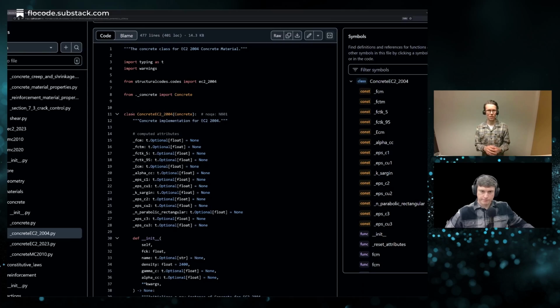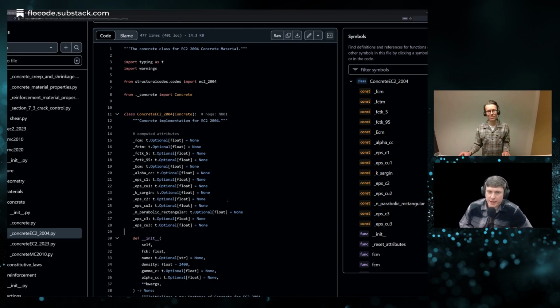That's a blueprint for a person, and it should have attributes, so perhaps a name, an age, etc. In structural codes, you can have a class, a blueprint for a concrete from Eurocode 2. And this has attributes, for example the cylinder compressive strength, the Young's modulus, and many other attributes. So those are properties of the class or properties of the object that you create based on this class.